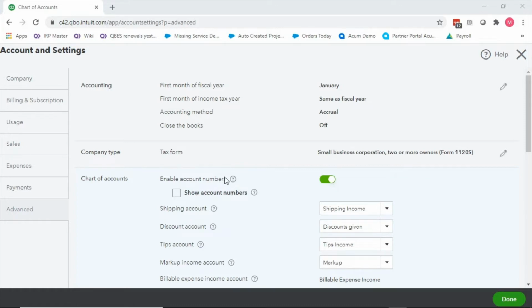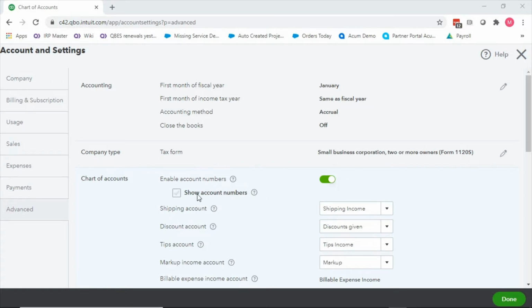Perhaps you do something like that in the initial setup when we're importing, because it is easier to import to a chart of accounts number, if you're importing a trial balance as an example, than to import to the chart of accounts name. Because sometimes the names can be confusing, especially if you have sub-accounts and all the things. So that might be a reason why you would enable account numbers but not show them.